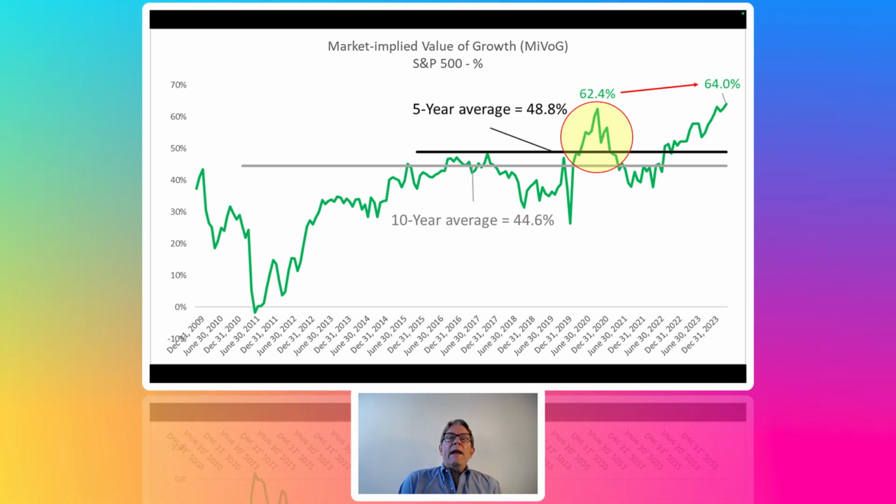So the market's quite optimistic. Now, I tend to think in terms of investor expectations. I'm not going to say anything like the market's overvalued or undervalued, because I don't think that terminology is very helpful. What I will say is growth expectations are high or low. So if we go back here, growth expectations in 2011, 2012 were incredibly low. And then both in October of 2020 and now, growth expectations are very high. Doesn't mean they're wrong, it's just they're very high.